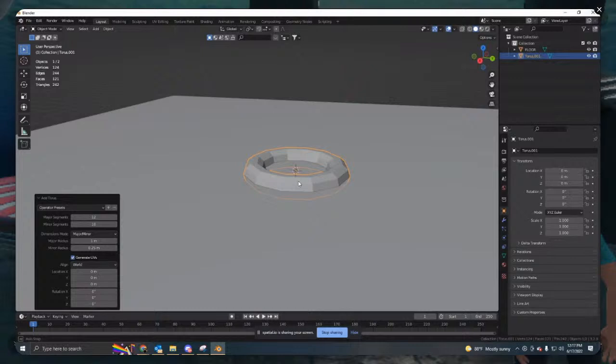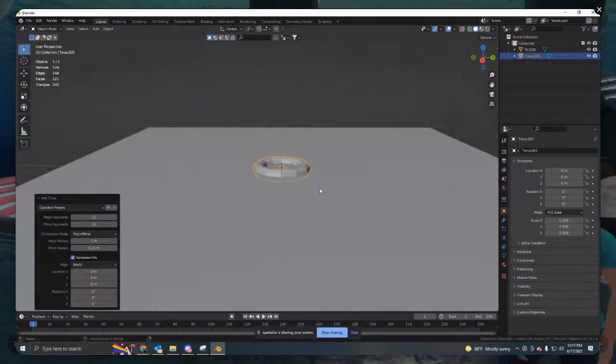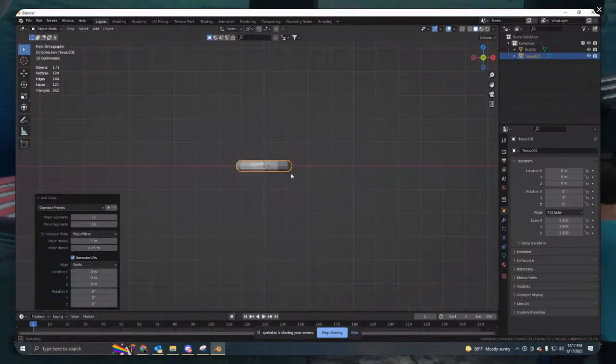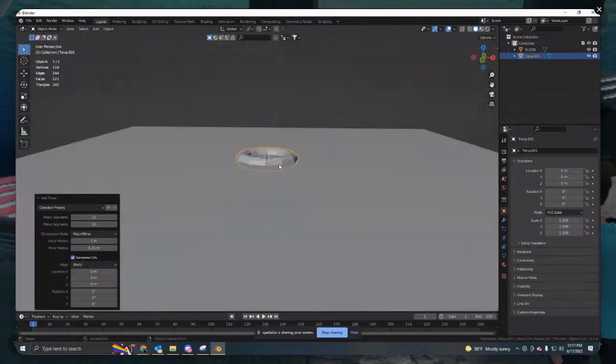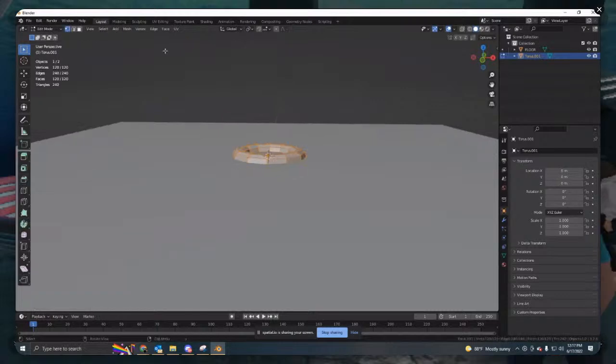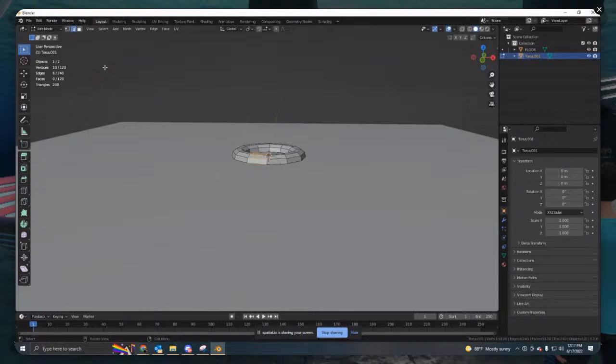So what you can do is when you're holding the middle mouse button to pan around, if you hold Alt while you do it to a specific view. So let's say you went from the front and you hold Alt, you snap into this view, right? And then if you hit Tab, you go into edit mode. And on edit mode, like we were talking about in the introduction, you have the vertices, which you can select and move particular vertices. You have the edges, so you can modify the geometry by the edges, and you have the faces as well,